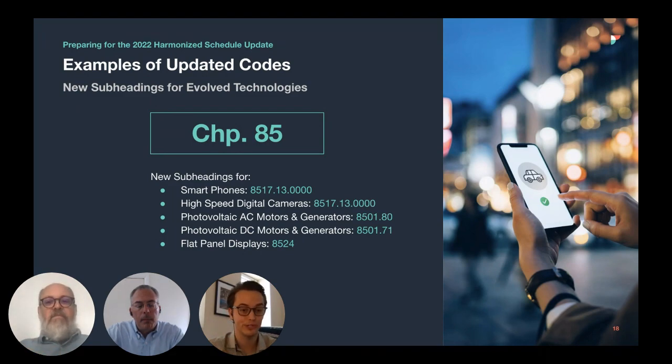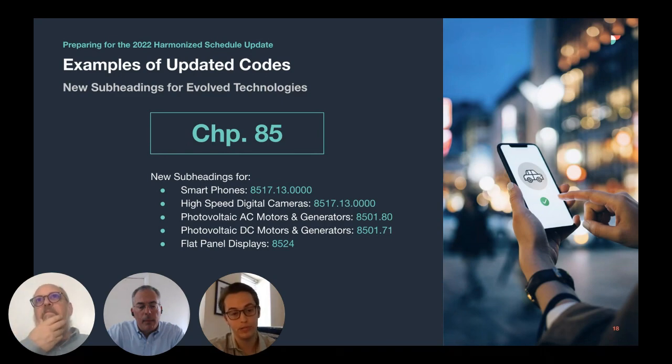And if you've ever had the misfortune of classifying and looking at 901380 versus 852852, I'm sorry, but the good news is you won't have to do that starting on January 1. All of those parts, or actually probably not all, but almost all of those parts are now going to be living in 8524 under a GRI 1 rationale, because these are going to be specifically named and provided for in